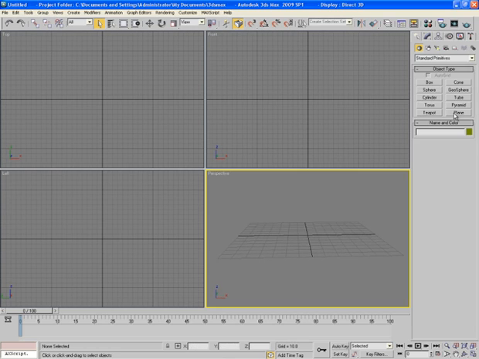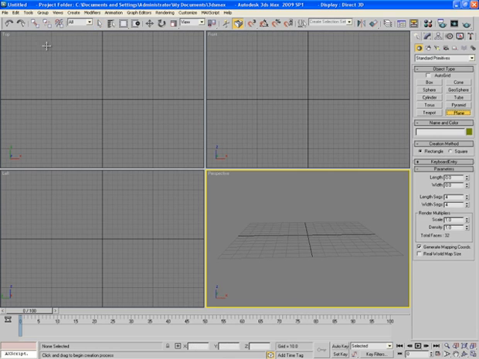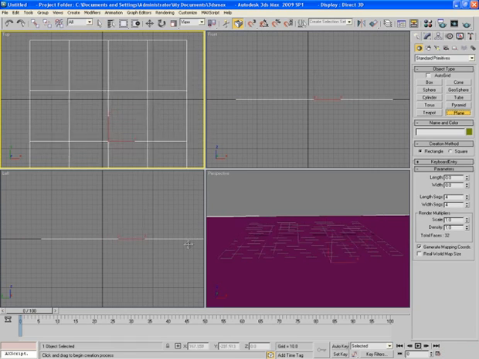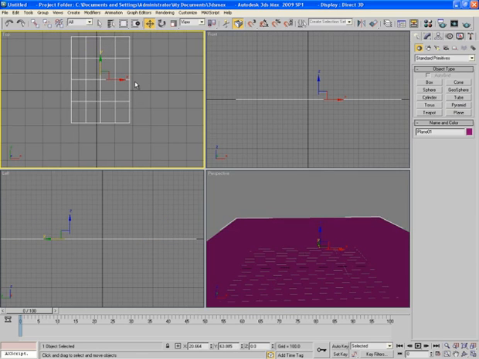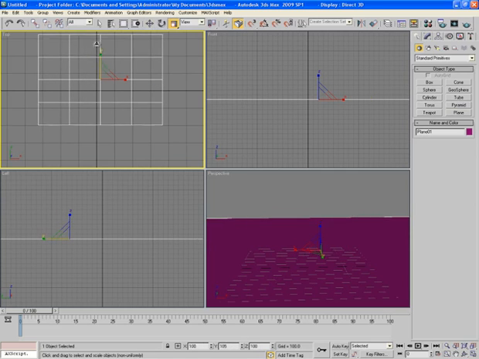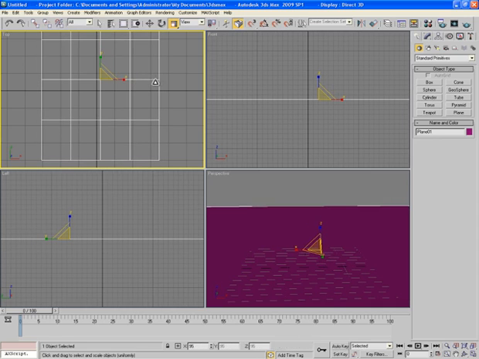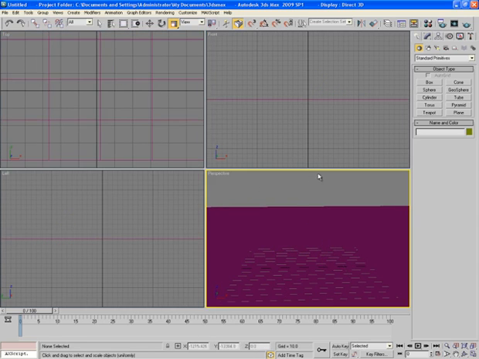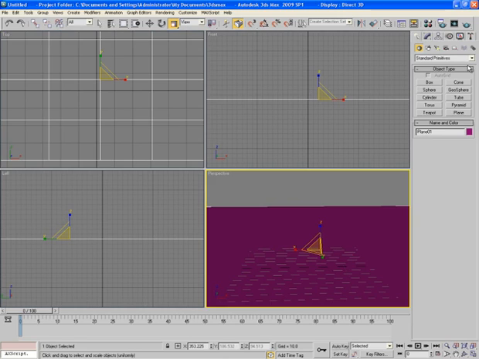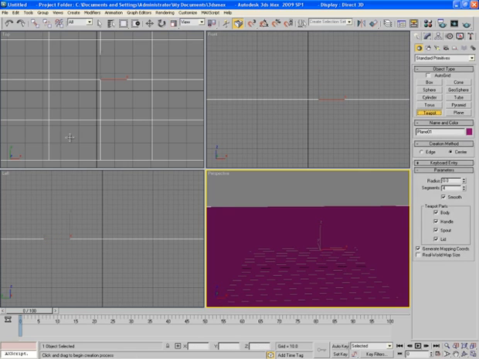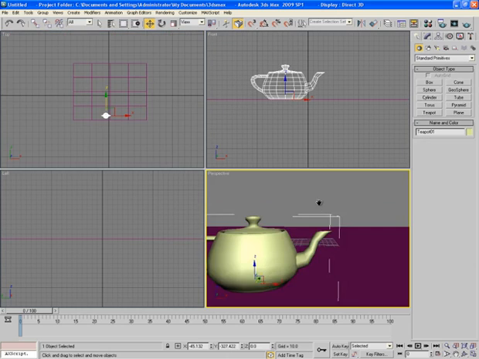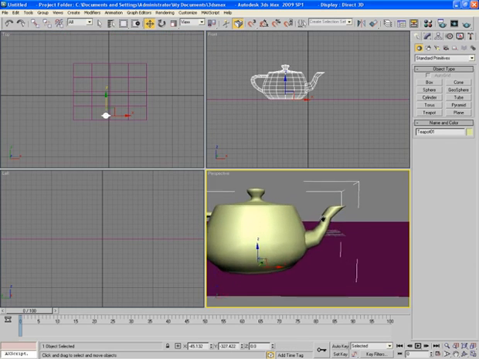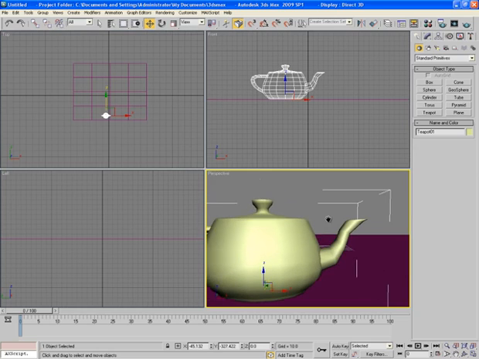So let's start, and let's make a small scene for that. So I drag a simple plane in the viewport, something like this, and then maybe quite big, and let's make some teapots here. Put it here and adjust the scene a little bit, something like this. Okay,